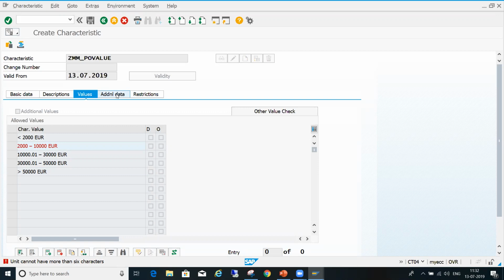It cannot have more than 6 characters. What is this? What this error means is that the unit cannot have more than 6 characters.